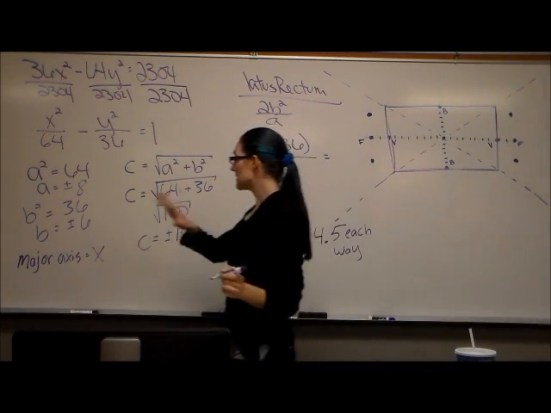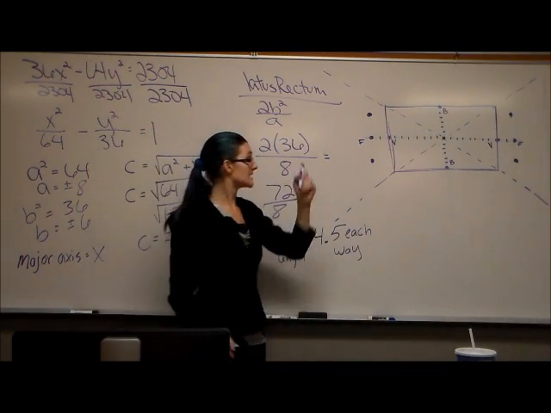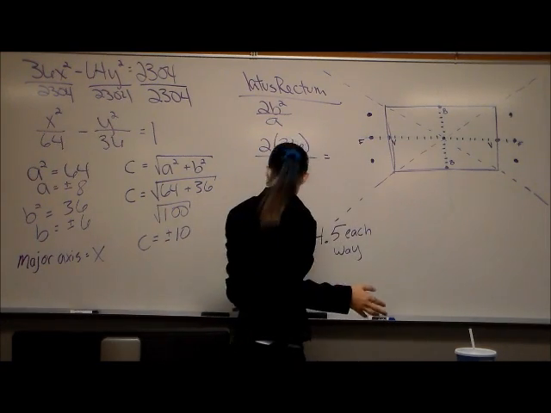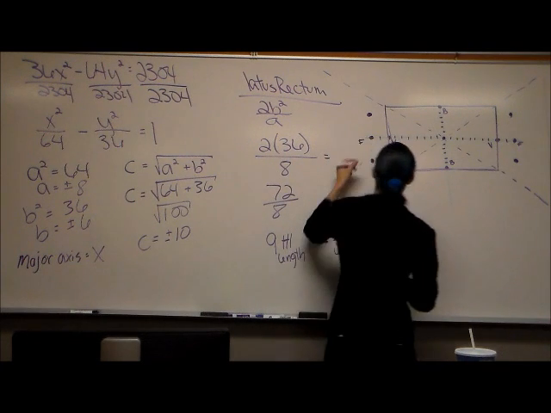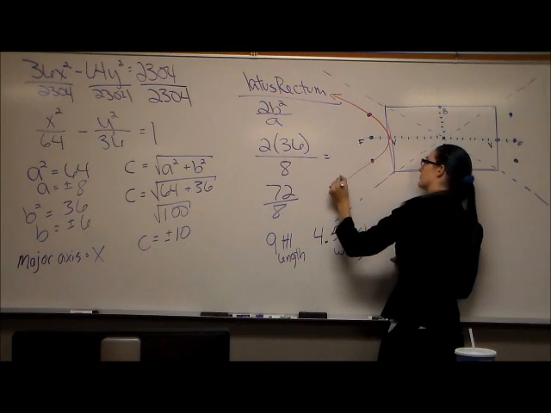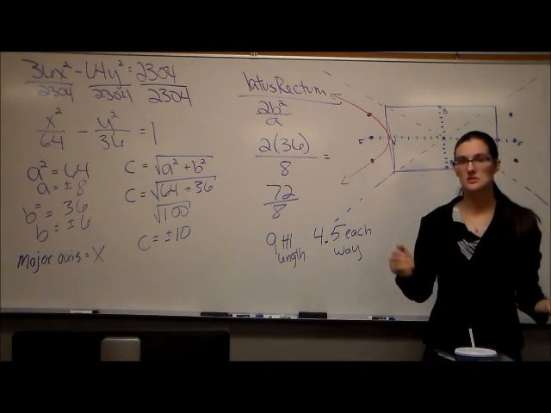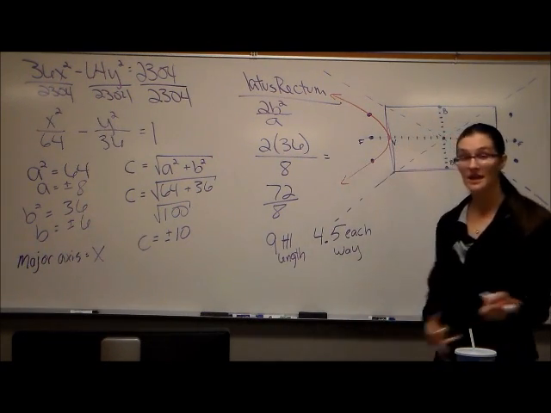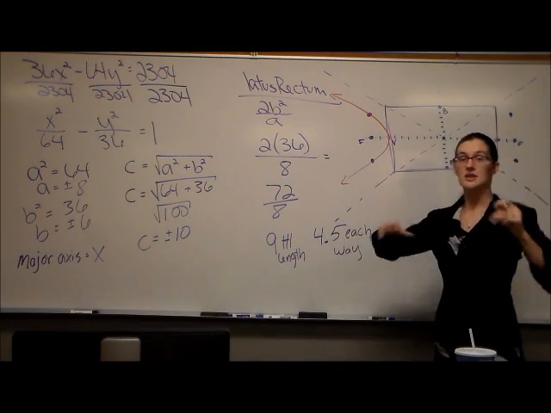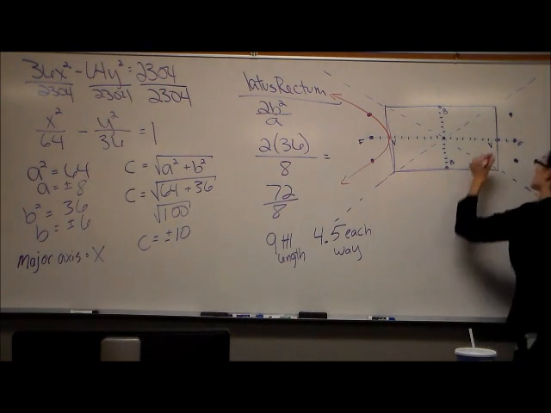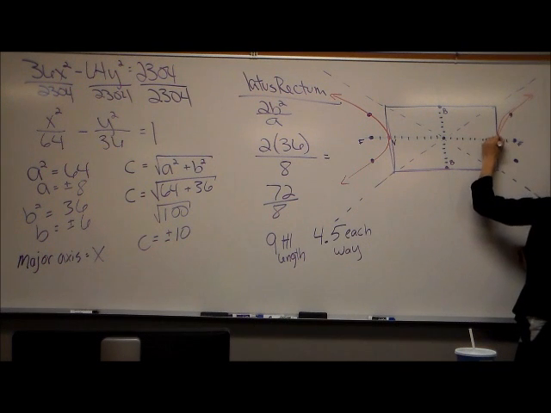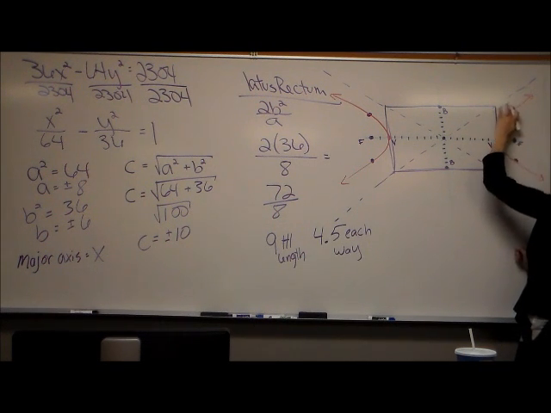Okay. Again, major axis is the X. It's got to go through the vertex. So the last thing to do is to draw the line. Start from your vertex. Draw the line through the ends of the latus rectum. And then it will follow similar to the asymptotes. Does not get right up on them. Sometimes it does, sometimes it doesn't. Make sure it goes through that. Make sure you have a nice smooth curve. The other side goes through the vertex, through the ends of the latus rectum, making sure you have a nice